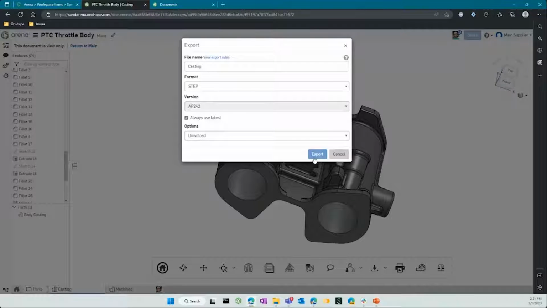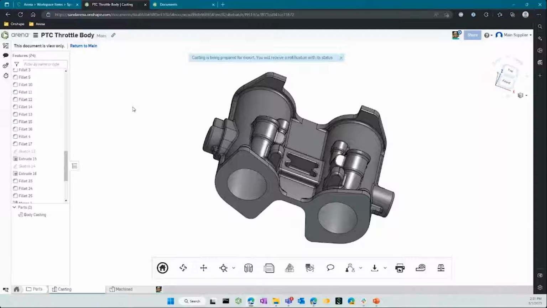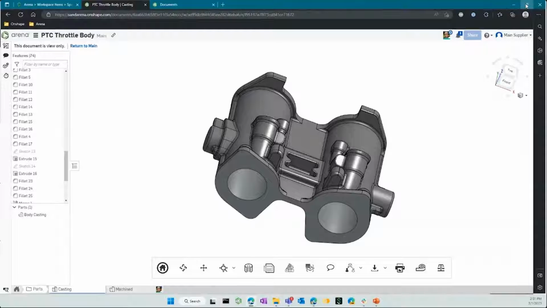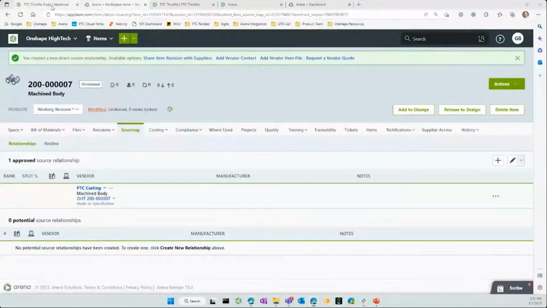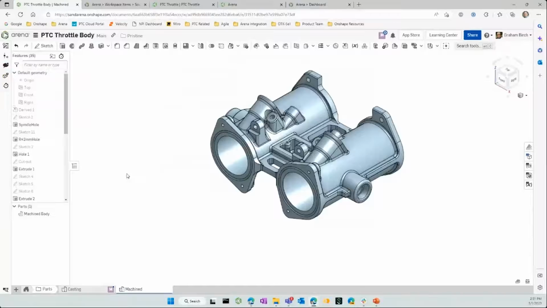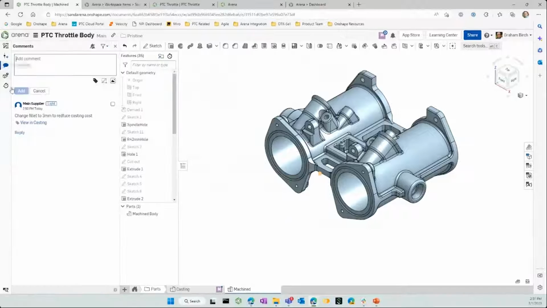Right? So now, because I'm a supplier, I've got access to Onshape through Arena. I can download myself a step file and get started on my manufacturing process. So let's jump back to our engineer. And what we notice is, of course, if you're familiar with Onshape and Onshape comments, I can see